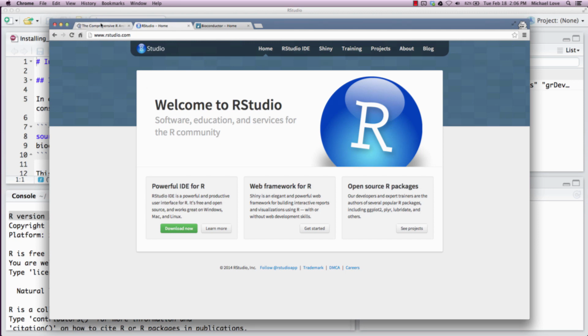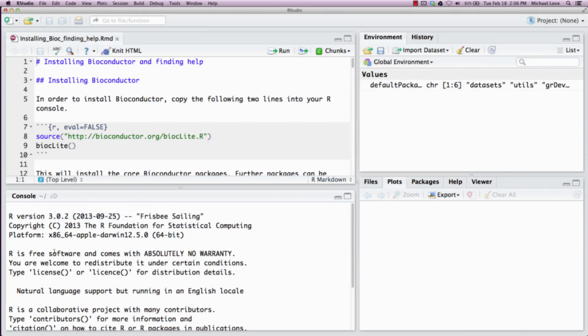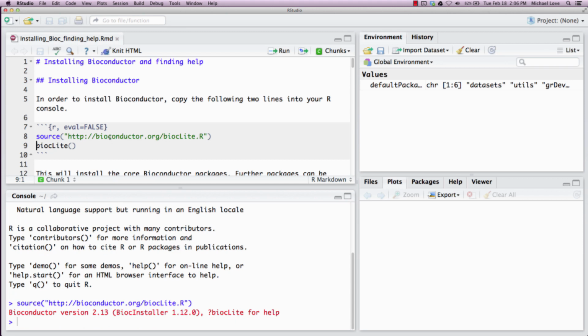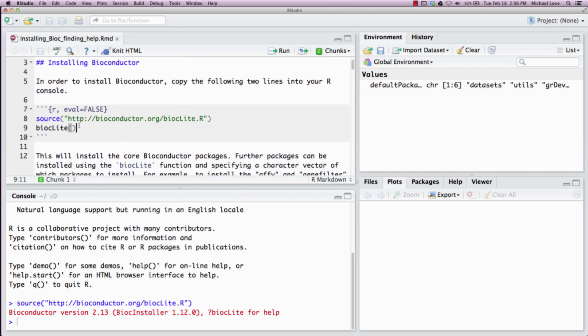But you can go to the websites of RStudio and R and check that the latest release, the version number, here I have 3.02, is the same as the version number at the beginning when you start RStudio. So installing Bioconductor is just these two lines of code, sourcing this R script and then typing the function bioclite, two parentheses. And this will take a while, but if you wait, this will install all of the core Bioconductor